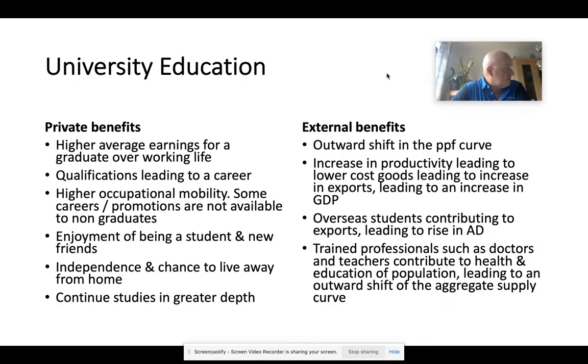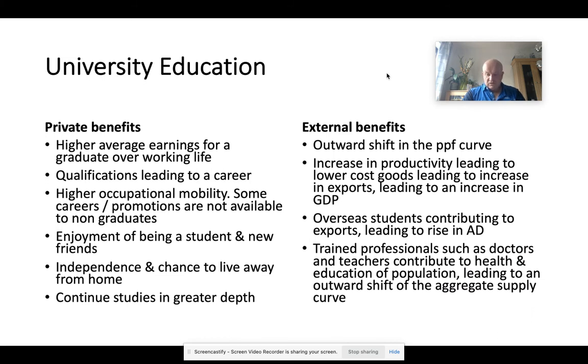You've got qualifications that could lead to another career. You've got higher occupational mobility, enjoyment of being a student, independence, and the chance to live away from home and to continue your studies into greater depth. So that's all private benefits, all reasons why you might choose to go to university. But if we think about the external benefits too,